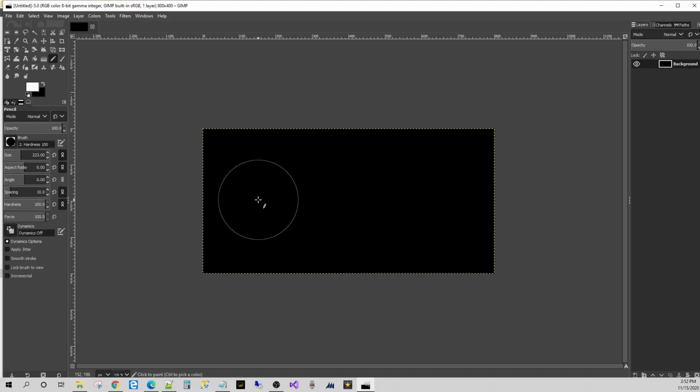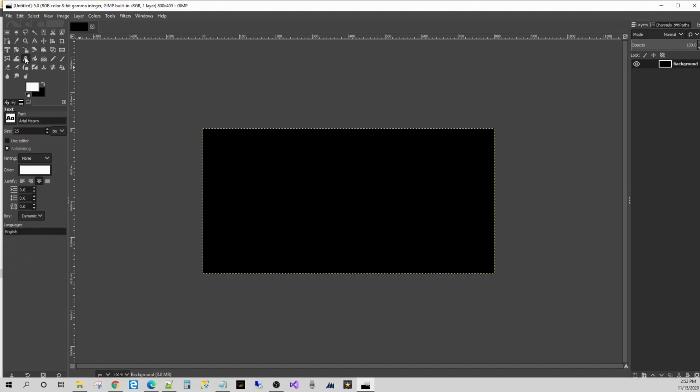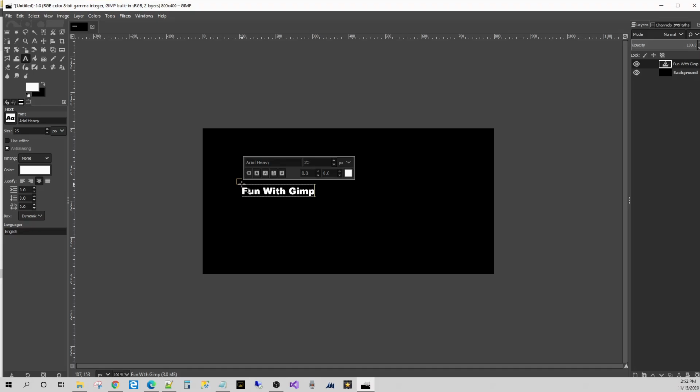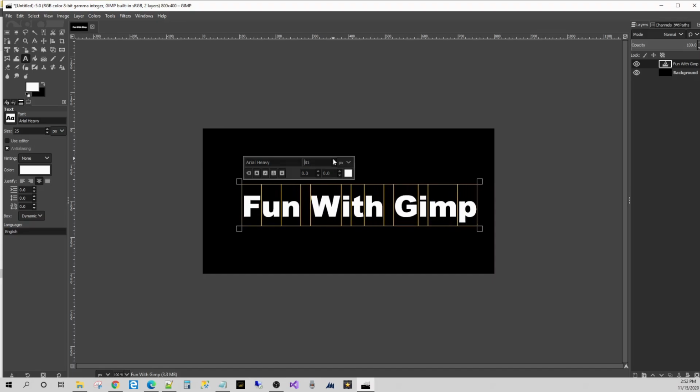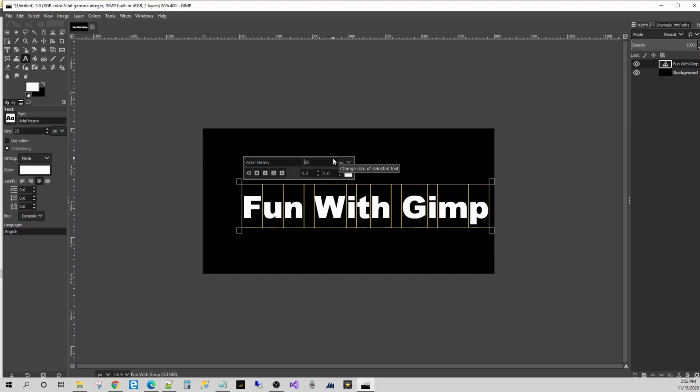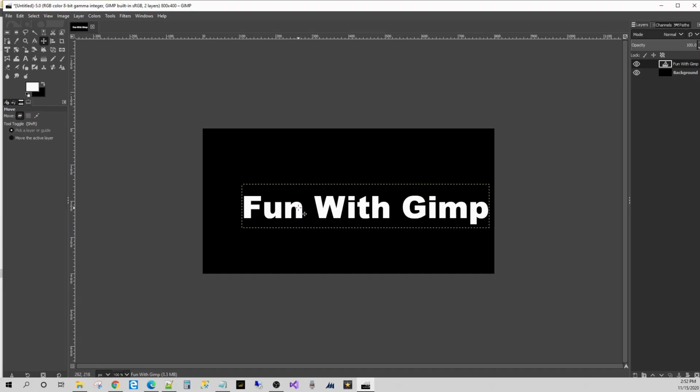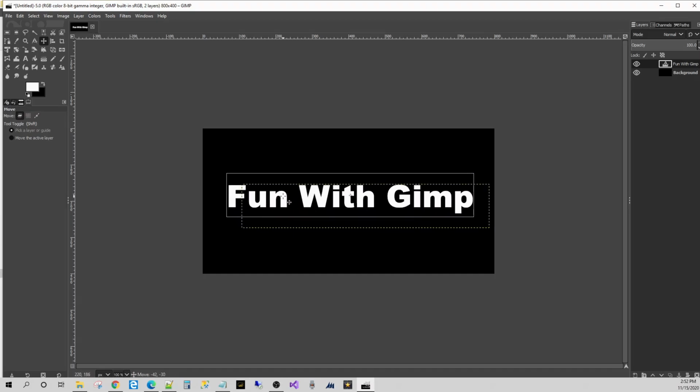Oops. Okay, let me get my text tool back. Okay. And so I'm simply going to type fun with GIMP. Okay, and let's increase that size to fit a little bit better in our canvas. And okay, that looks good. Now I'm just going to grab the select tool and pull it towards the center and get it aligned a